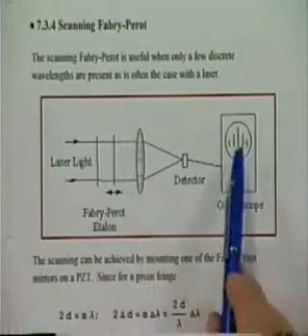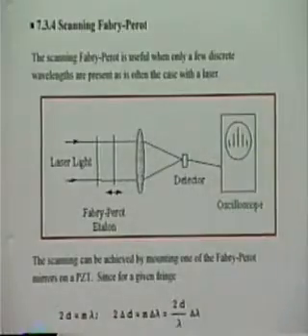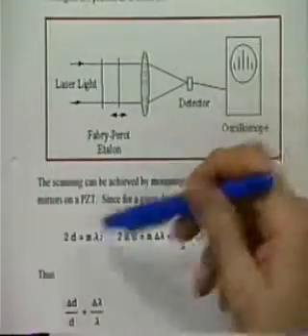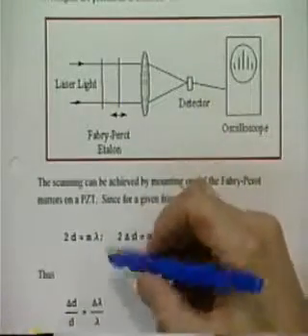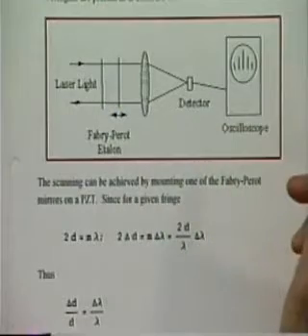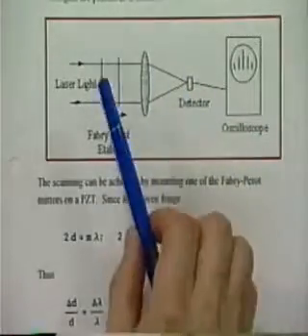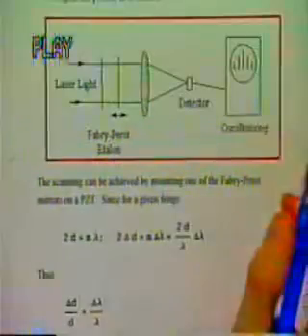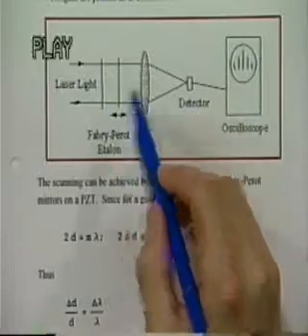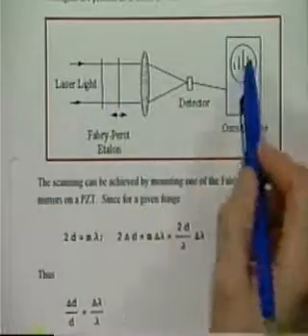Change the separation a little bit more, the light doesn't get through until we get to another separation where another mode will get through. And so for maximum transmission here, 2D is m lambda, normal incidence. I have neglected any phase changes on reflection, and phase changes on reflection will not change the performance of this. All it will do is change the separation such that we get light through. But if I'm just going to sweep this through and watch the spikes on the oscilloscope, the absolute distance here to get the spike will not